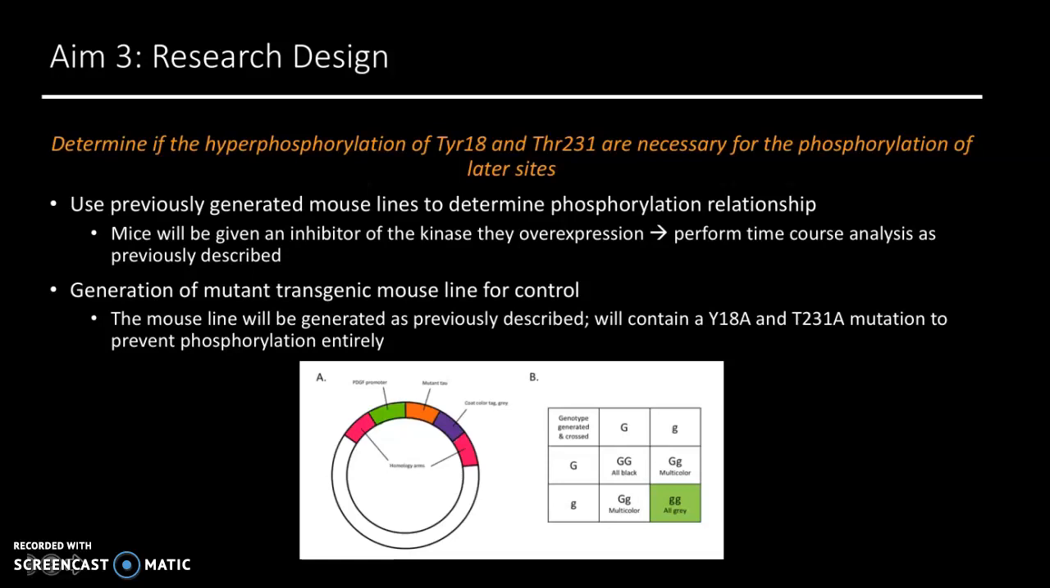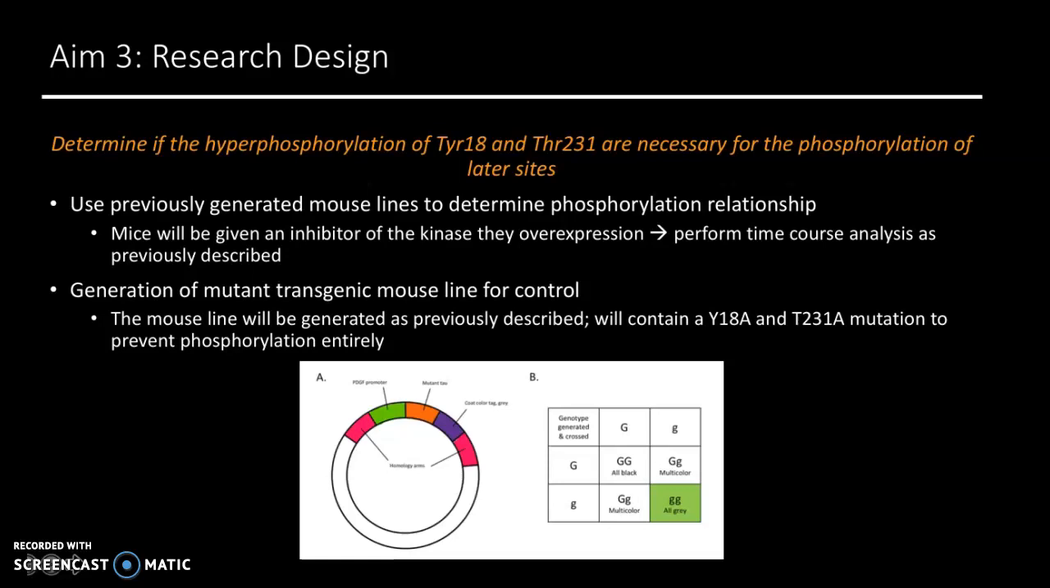The mice that I get once I inject the embryos will probably be heterozygous, so they'll be both gray and black, and then crossing with Mendelian genetics should give me 25% of my offspring that are all gray, which indicates that they have both the mutant tau and they will also have the expression of the kinase from the original mouse line. So the reason why I'm doing this is because I want to run these parallel to each other